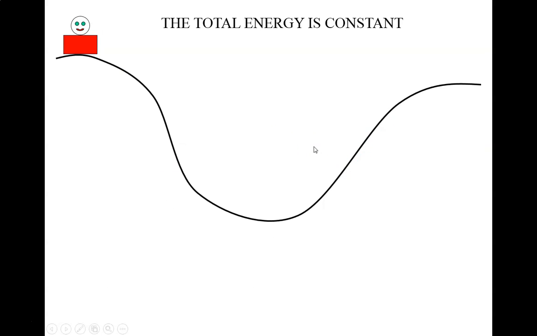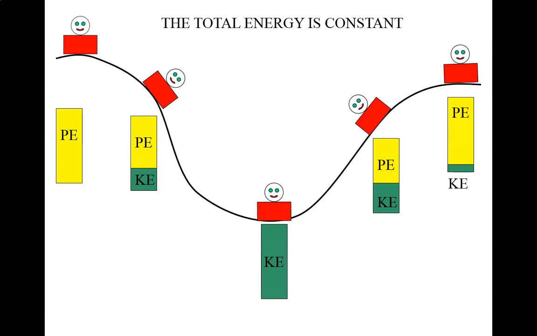So total energy is constant. A roller coaster is a good example of conservation of energy. Again, if we start out at the top of a hill, we're starting out with gravitational potential energy. As we go down the hill, we're losing height, we're losing gravitational potential energy. That's getting converted to kinetic energy. When we're at the bottom, it's all kinetic energy,